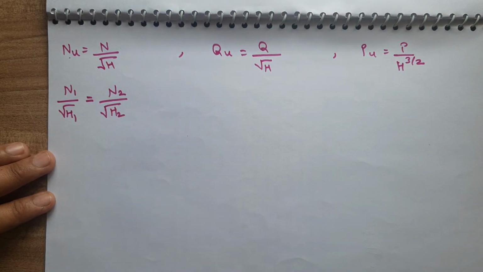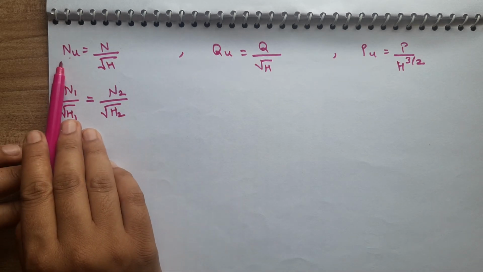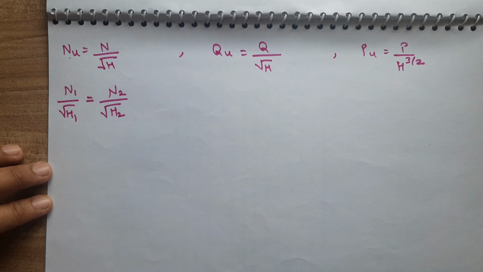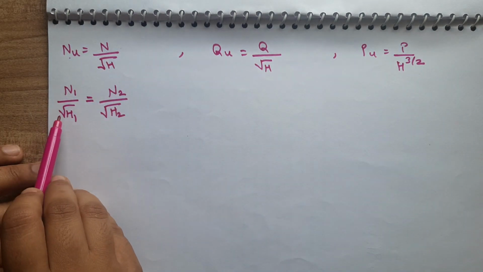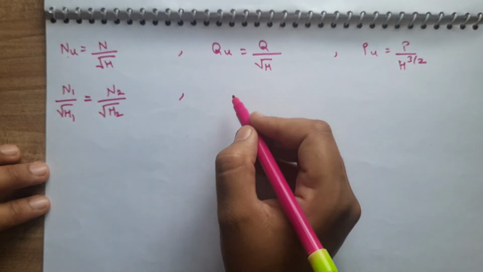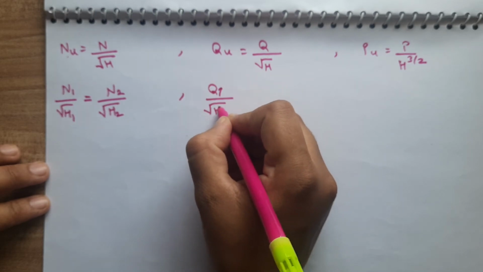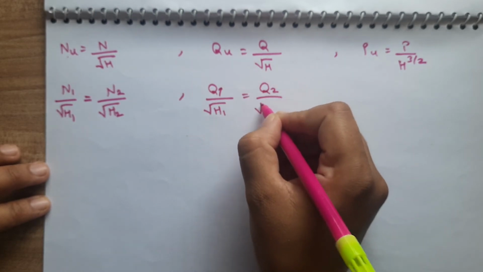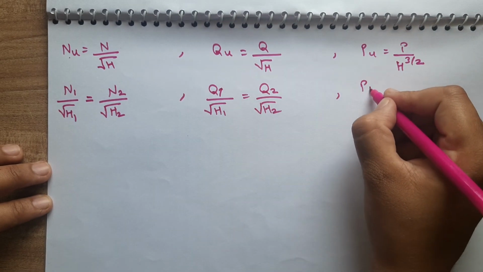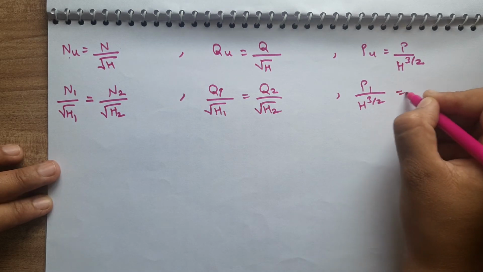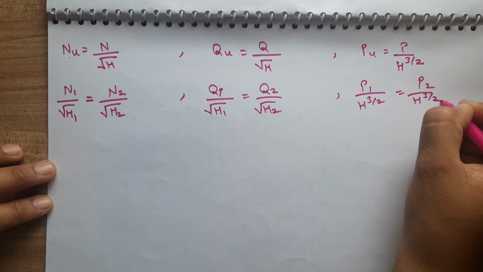For the same turbine, if you have measured the speed for a particular head, and similarly measured another speed for another head, you will find that your unit quantity is not going to change because it is a ratio. So we can write in this manner. Similarly, for the discharge, Q1 upon under root of H1 is equal to Q2 upon under root of H2. And P1 upon H1 raised to 3 by 2 is equal to P2 upon H2 raised to 3 by 2.